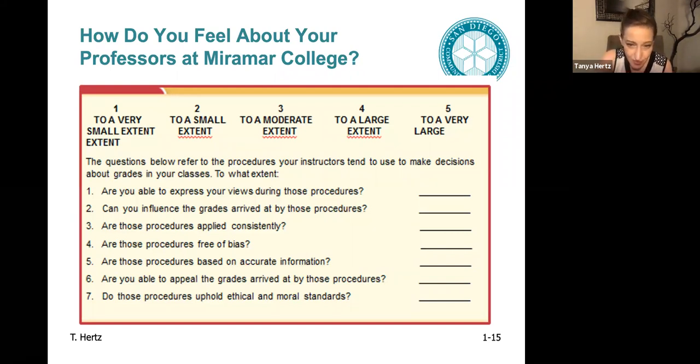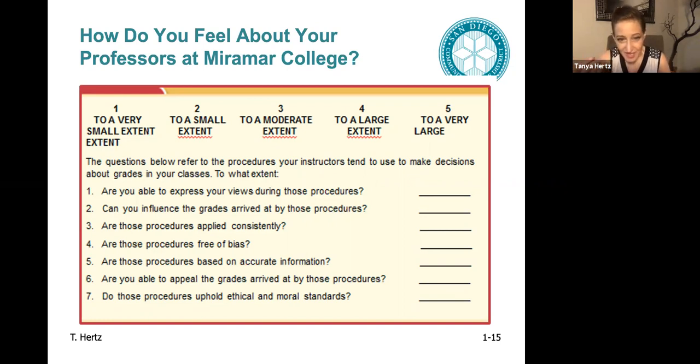So you can answer these questions. I'm not going to have you actually turn them in right now, but think about your teachers and think about the procedures that the instructors use to make decisions about your grades and your classes. And then this is a really good indication as to whether or not you feel that your professors are fair. Can you influence the grades if they're not